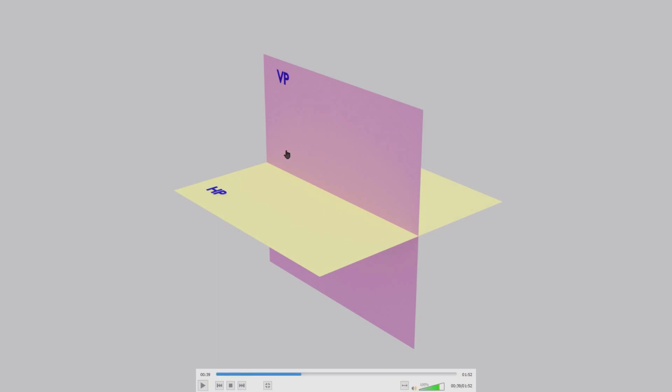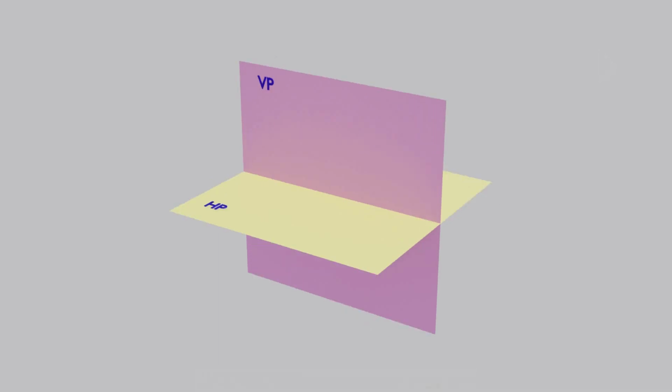So first of all, I'm going to place the object and switch on the lights so that a shadow will be formed. Okay, so we have the object there. Now these two things, this pink line represents the distance of the object from the vertical plane. Okay, this is the distance of the object from the vertical plane.